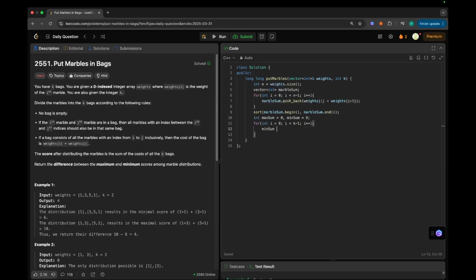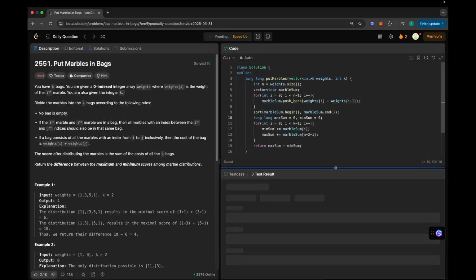So min sum plus equals marble sum of i, and max sum plus equals marble sum of n minus 2 minus i, right? And finally we will return max sum minus min sum, and as we have to return long, we will simply update it with long.